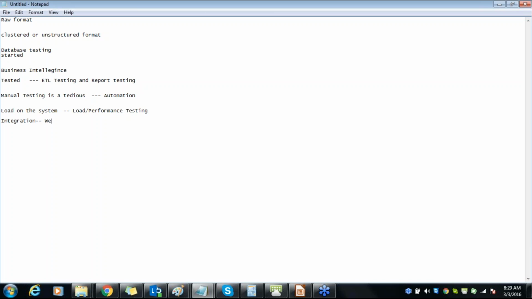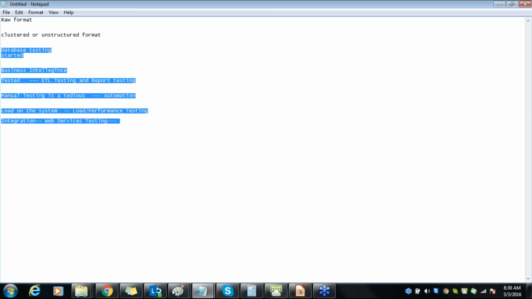So that is where web services testing has evolved. This is also a budding technology in testing. So this is what the entire MoST training will include. These are all the areas that will be covered under the MoST. Hope this answered your questions. Any other questions, please?